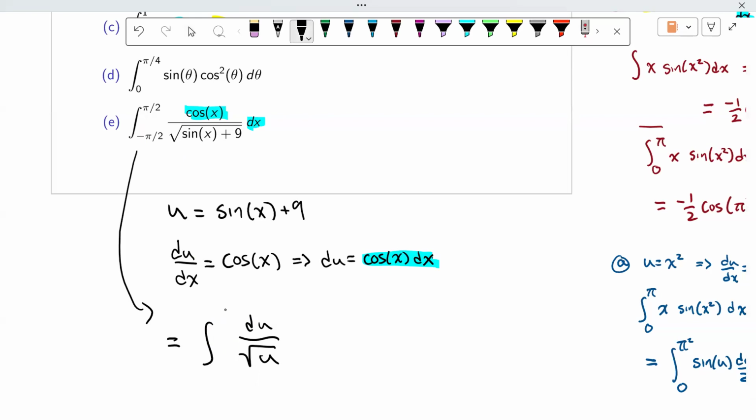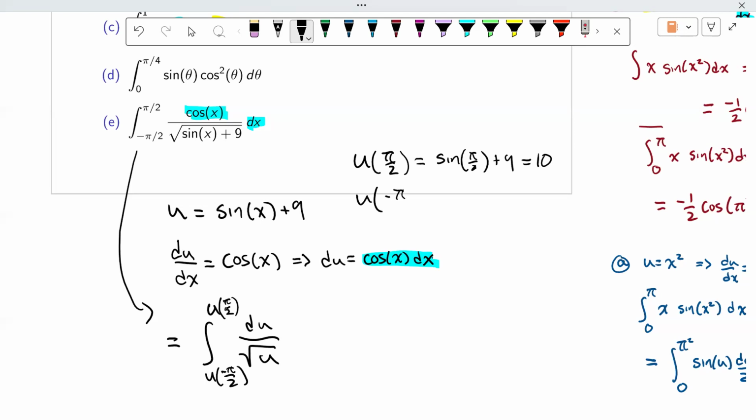Well, there's two different ways. One where you do the indefinite integral, and the other where you just do a different definite integral. And the key is to plug your bounds into your u function. So looking at this u function here, if I were to plug pi over 2 into it, that would be sine of pi over 2. Does anyone know what sine of pi over 2 is? It's 1, yes, correct. 1 plus 9 is 10.